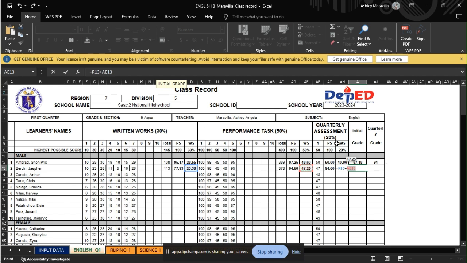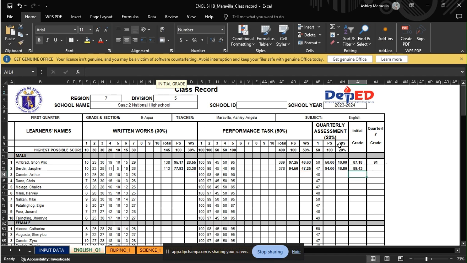So that's why I asked you to identify first the cell where it belongs. It belongs to AH13. So you have to capitalize all the letters. AH13. So add enter. So that's how you will get the initial grade.